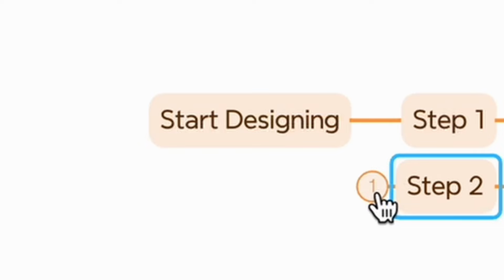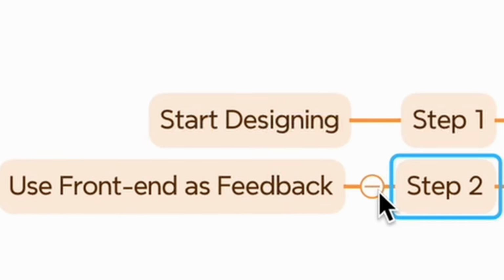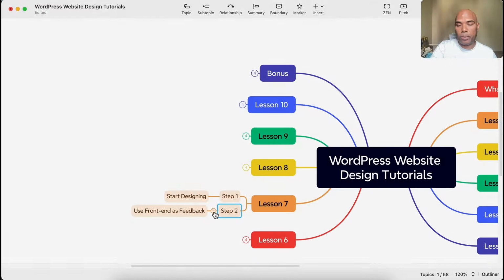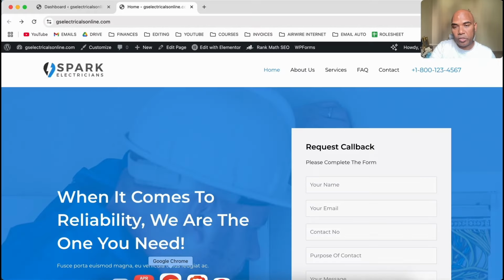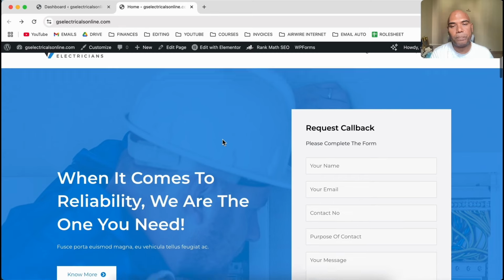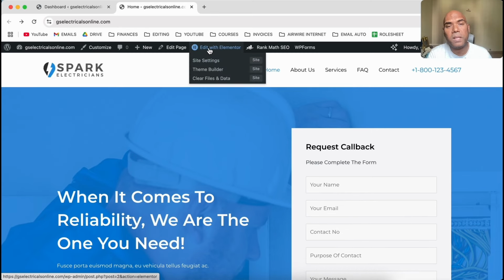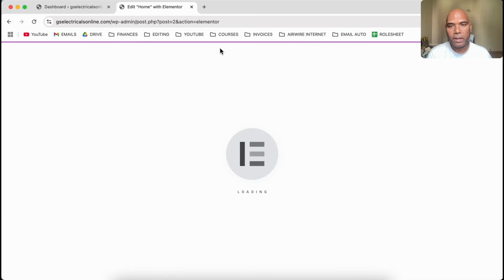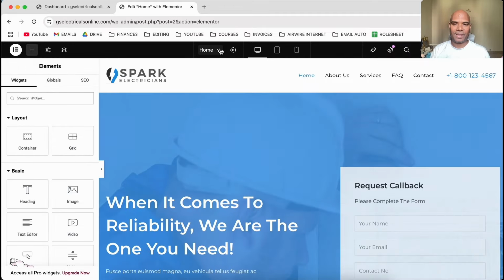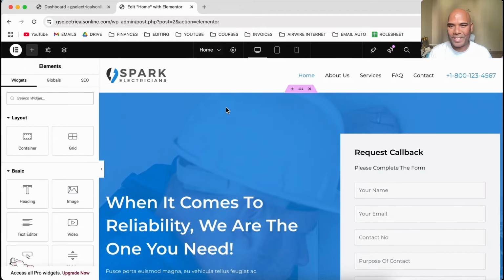And step number 2 is we are going to look at the front end of the website and use that as a feedback mechanism to make tweaks. All right, so without further ado, let's dive in. I'm going to show you the website. This is how it looks. This is the front end, and up top in the ribbon you see edit with Elementor. Edit with Elementor is what you need to click, and when you do that, you're going to start designing the